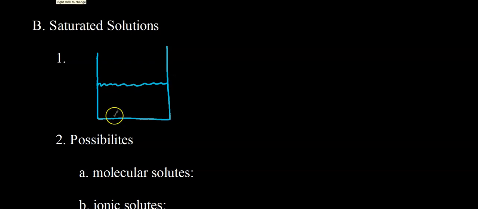Here's another example we'll talk about later on in the year: a saturated solution. A saturated solution is an equilibrium system. So let's go ahead and draw what that looks like. So again, you have a container, put some water in that container, and then make a saturated solution. So remember, what does that mean, saturated solution? A solution that contains the maximum amount of solute dissolved and in fact has undissolved solute sitting on the bottom